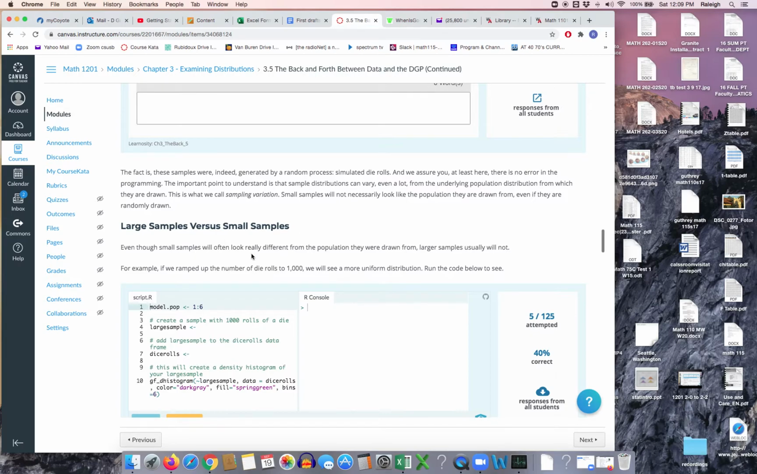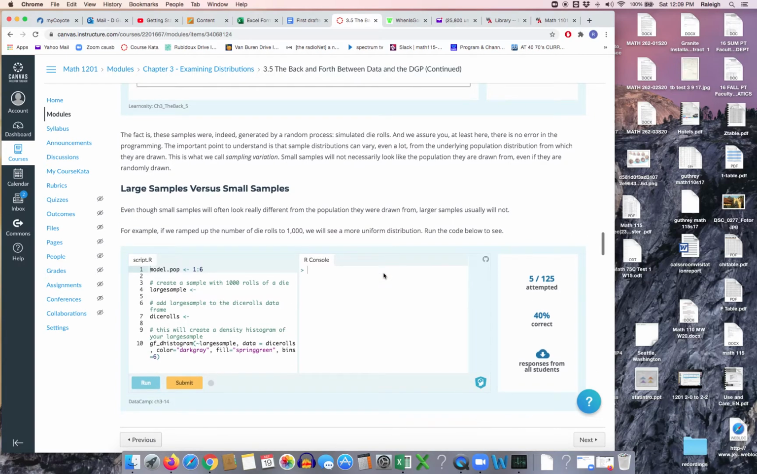So small samples, as we just said, look really different from the population, but larger samples usually will not. If we try 1,000, that's starting to become a large number. We'll see more of a uniform distribution. Run the code below to see. So this one, we'll have to go ahead and sample this, get this typed in, create a sample with 1,000